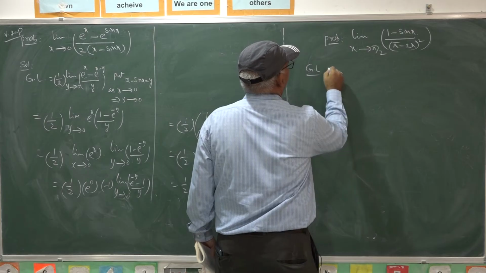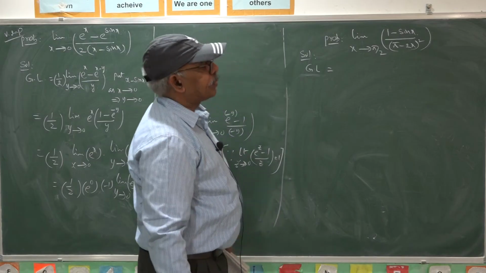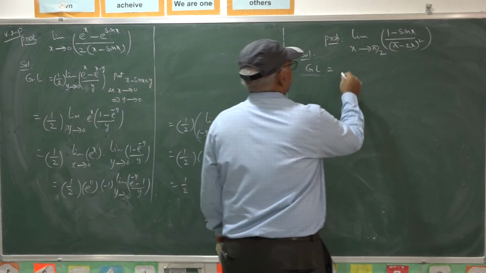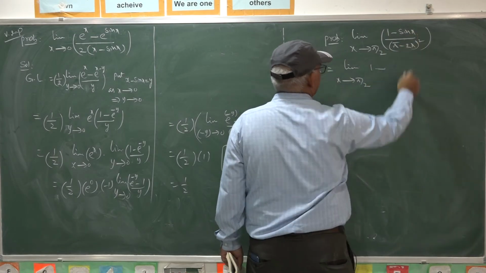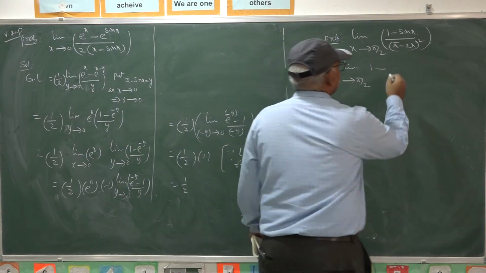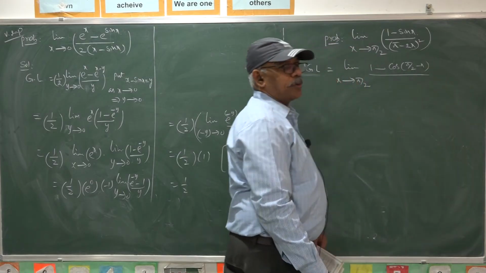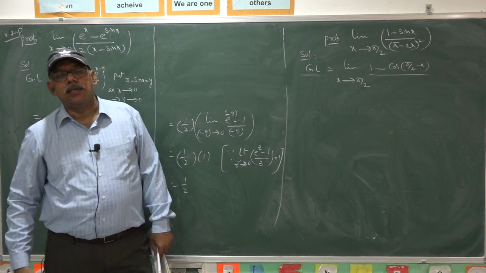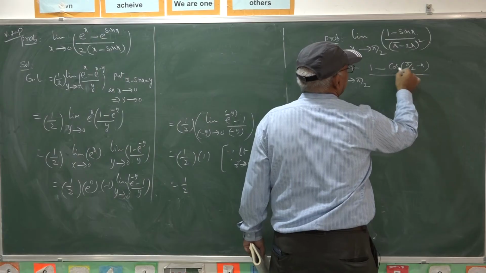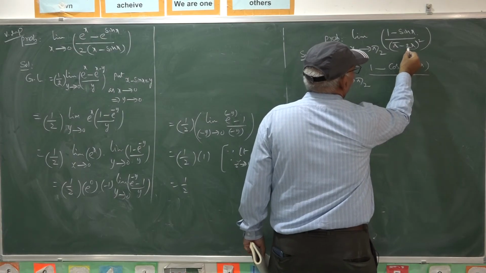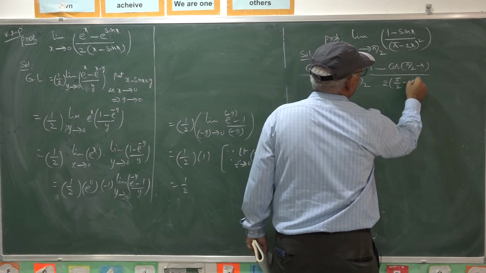The given limit can be obtained by simple trigonometric transformations. Limit as x goes to pi by 2, 1 minus, reduce the sin x to cos as cos of pi by 2 minus x. Cos of pi by 2 minus theta is sin theta. So you can express the sin x as cos of pi by 2 minus x. Take 2 common from the denominator, so that 2 into (pi by 2 minus x) whole square.